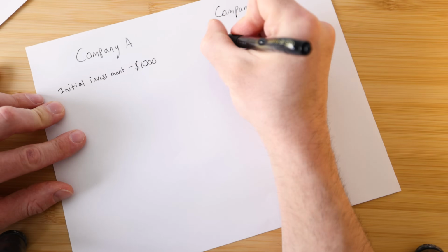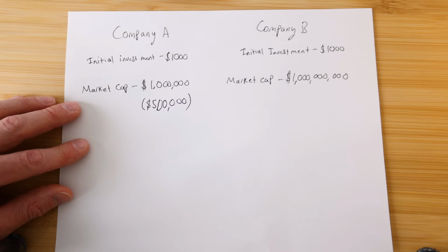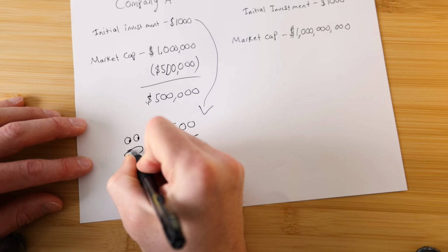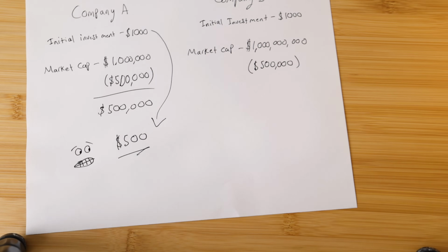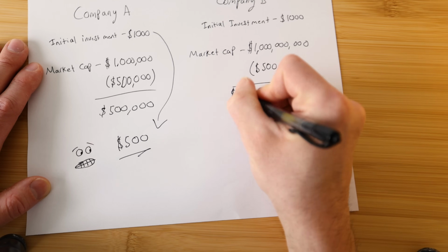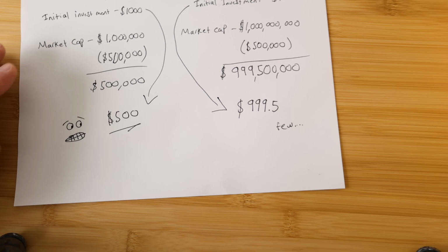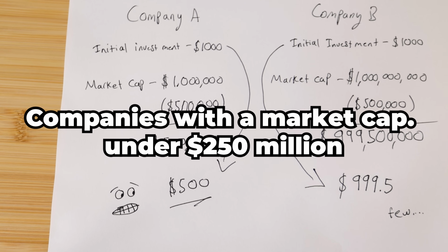Now before you get too excited, this volatility does work both ways. For if Company A's market capitalization decreased by $500,000, this would hypothetically cut my holdings in half. Now, if Company B with the bigger $1 billion market cap experienced a $500,000 loss in market capitalization, this would only reduce the value of my holdings by 50 cents. Now, I will be looking for companies like Company A, but just understand, in this scenario